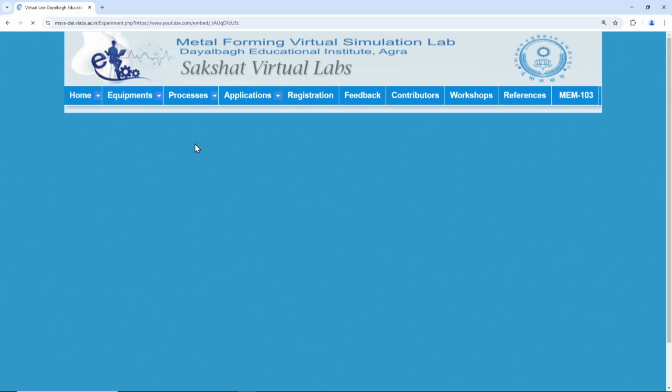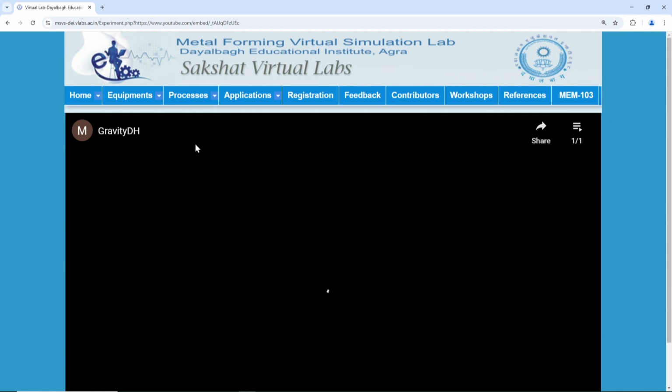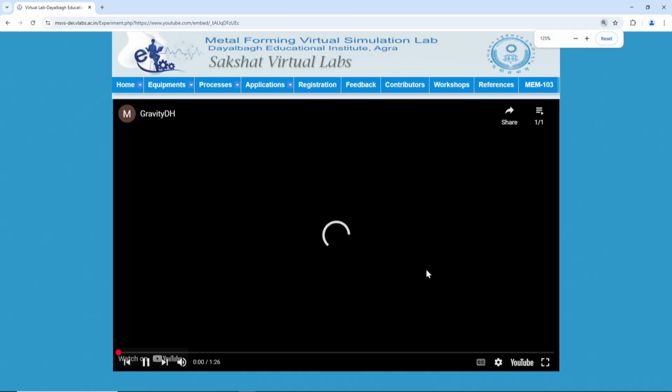This will show you the video on the upsetting equipment, that is a gravity drop hammer. This video is always connected to YouTube in this virtual lab simulation. You can watch this video on YouTube as well. And also there is a narration when you are watching the video. Though I am demonstrating this laboratory and will tell you what is happening, if you play this video on YouTube, the developers have given their own narration of what is happening, what the hammer is, what the components are, and the different simulation. You will see the narration there as well.